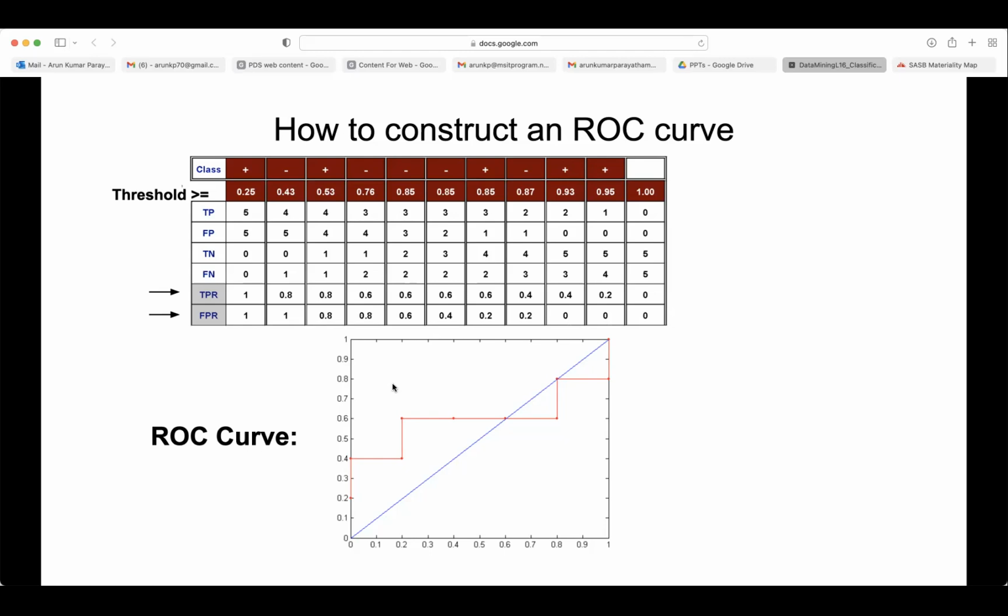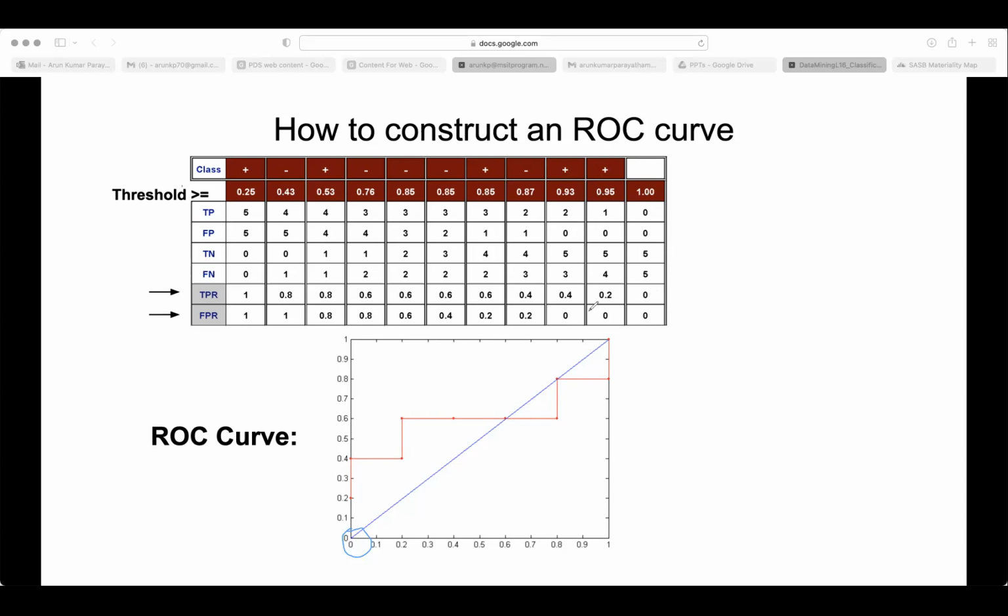Okay, so we will start with back to front. TPR and FPR, one point is 0, 0. Where is that first point? So this 0, 0 point we should identify. This is the 0, 0 point, right? I'm coming from back to front. Yes, because I need descending order, right?